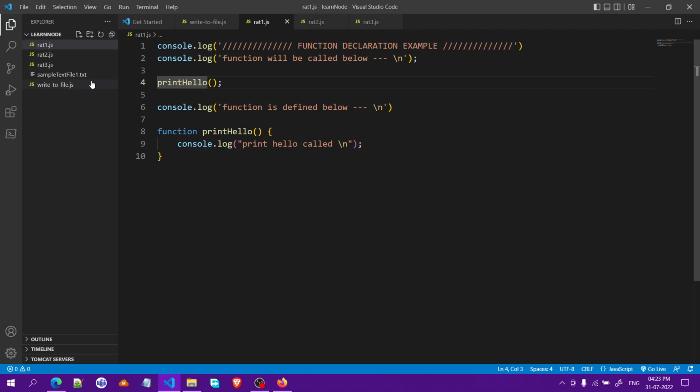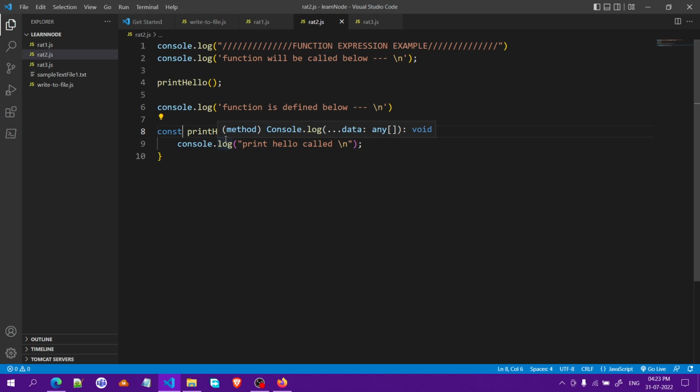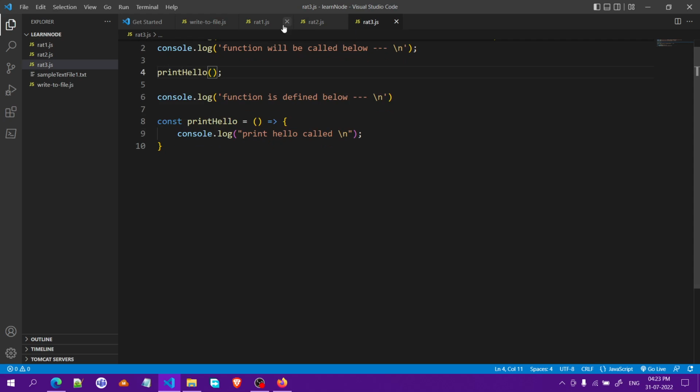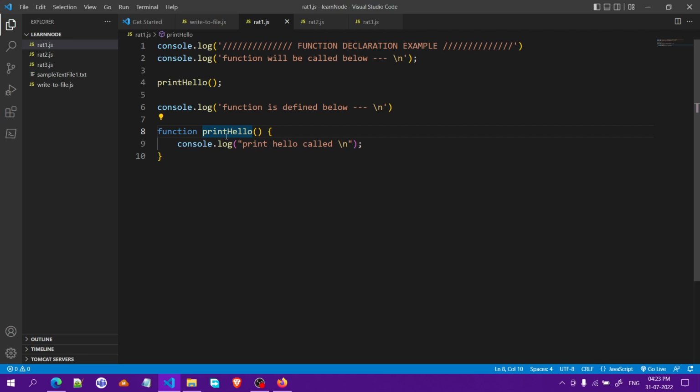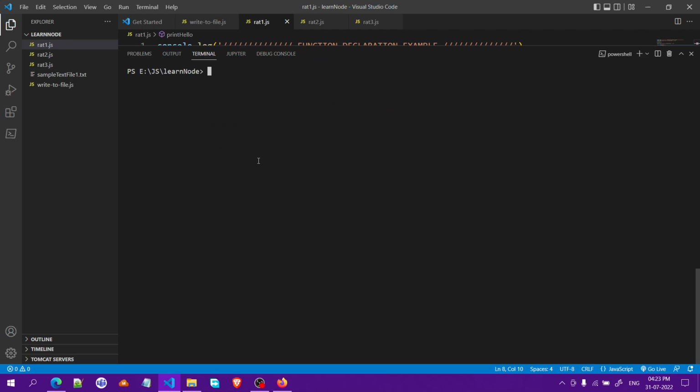So what is happening over here, as you can see here, we are calling this function in line 4, but we have defined this function in line 8. Okay, but this will work. And why will this work? Because of function hoisting. But it does not work in every case, like we'll see in other examples, file 2 and file 3. Okay, so in the first case, let us just run it, and